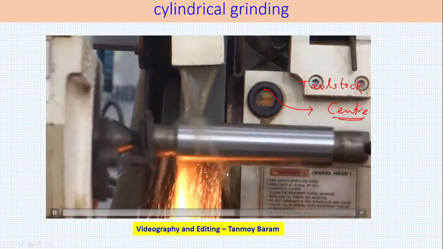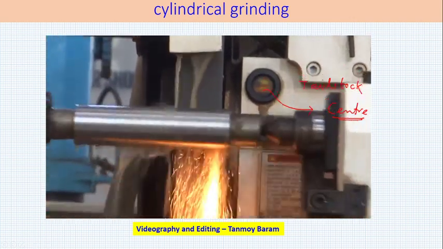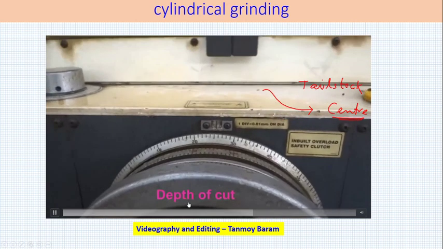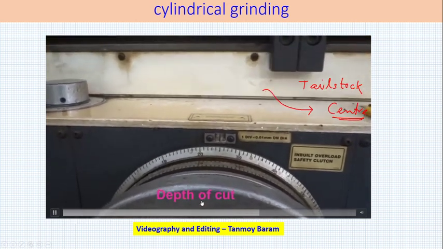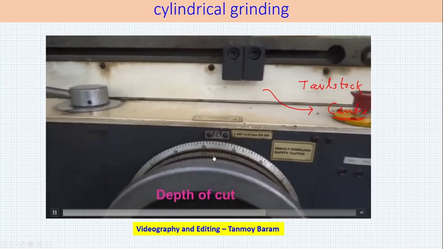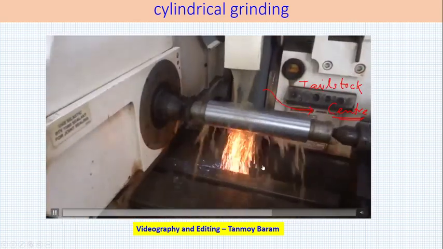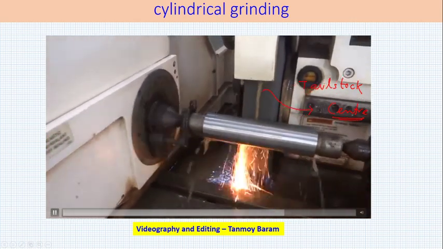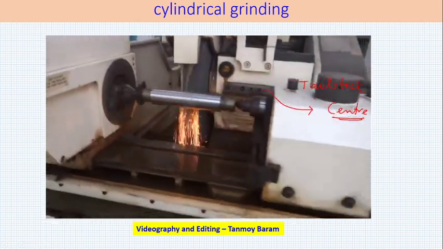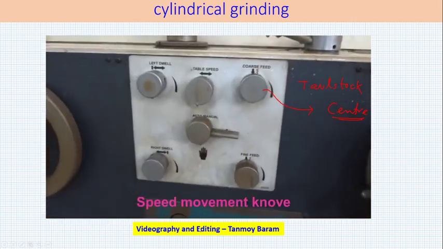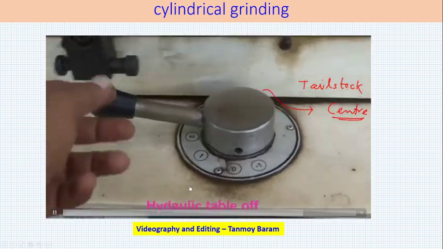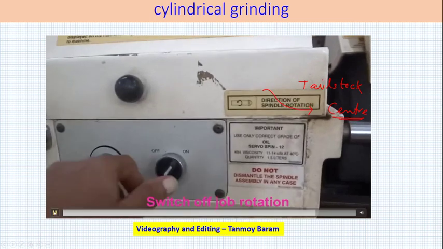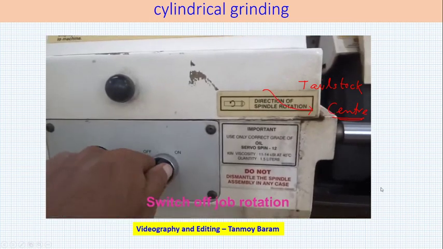Now let us go back to the previous slide. Let us stop this and do something extra. This is not exactly depth of cut. This is infeed. So gradually, automatically after each stroke, as you can see, extra infeed is being given. It is not given manually. It is a conventional machine, but the infeed is given by the machine itself. And this is the speed control knob, so the reciprocation speed can be increased or decreased. That is a good enough video for us.